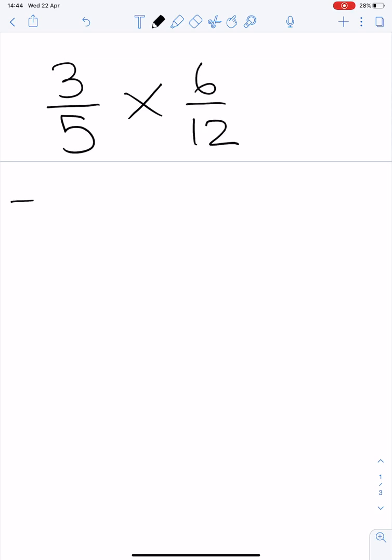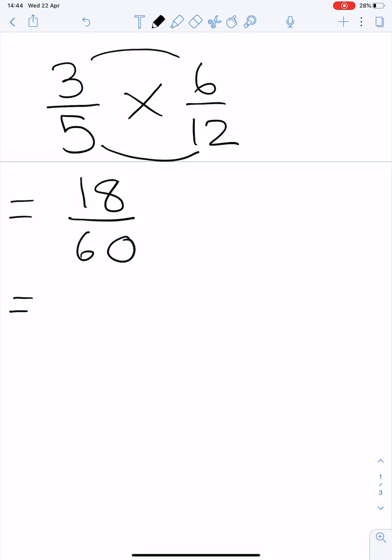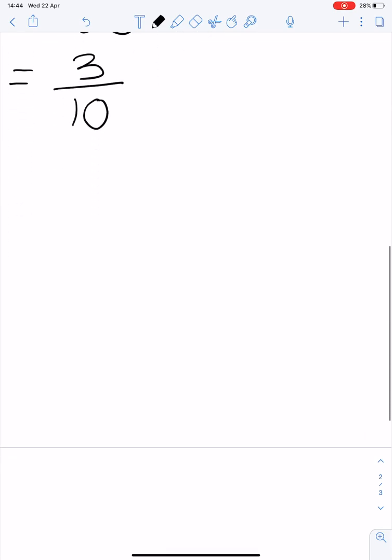In example 4, on page 97, they give us this sum. 3/5 times by 6/12. We simply multiply our numerators and our denominators, and then we simplify by multiplying top and bottom by 6, and we get 3 over 10. Example 5,